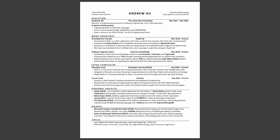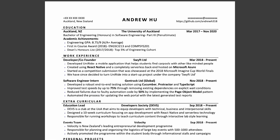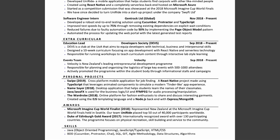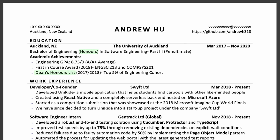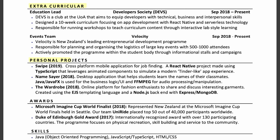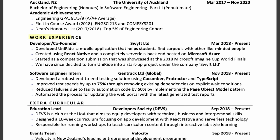Now, Andrew used this clean, simple 1-column, 1-page resume. And if we take a closer look at his resume, it becomes clear why he got an internship at Google. You see, Andrew was quite an exceptional student, graduating with honors, a high GPA, numerous extracurriculars, projects, awards, and relevant work experience. All of this was achieved while in college. So is there still something that we can learn from Andrew? Well,